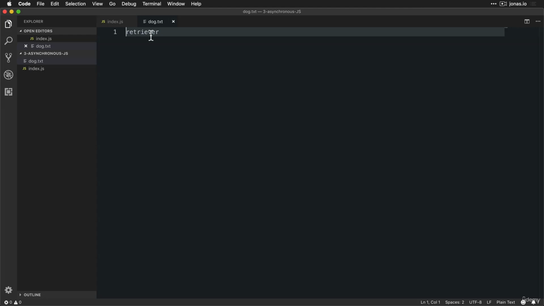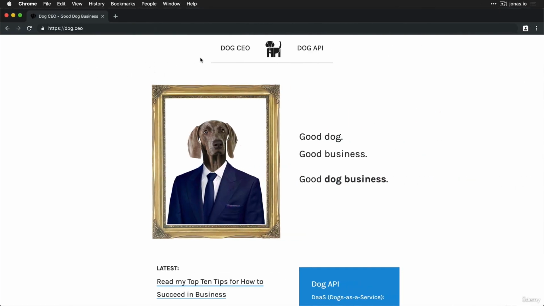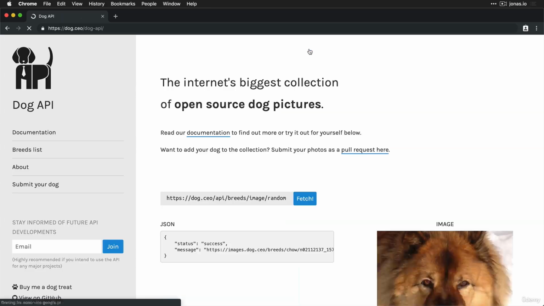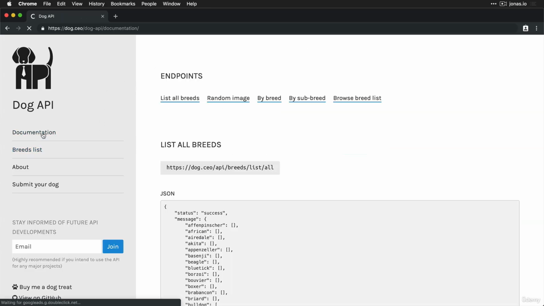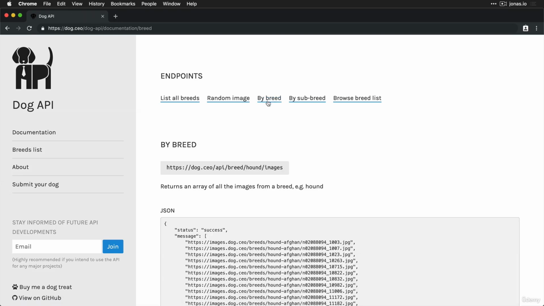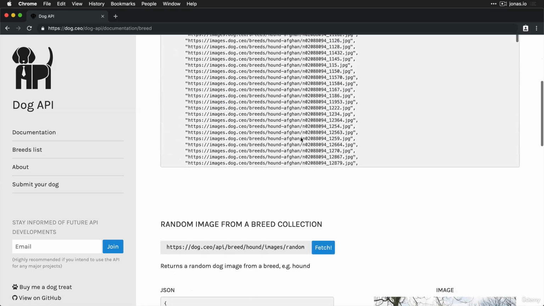Okay? So for that, we're going to use quite a popular API, which is more like a fun API. But for this kind of stuff, it's a good idea to use it. So it's the dog.ceo API. So just hit dog API here, then over here, the documentation. And what we want is to get a random dog for a certain breed. So click by breed here, and down here